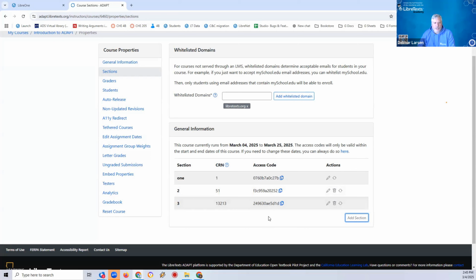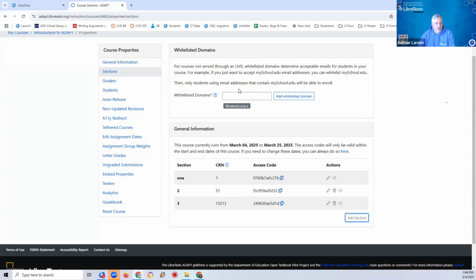However, we started to make things a little bit more flexible in different ways. So the first one is if the course that you create is coupled to an LMS, then it will take the roster from the LMS automatically. And when students try to access the course in the LMS, access ADAPT through the LMS, it will automatically create the account and pass them into the course. So in other words, it's easy peasy, no issues at all. You don't need to worry about it. It's automatic, and there you go.